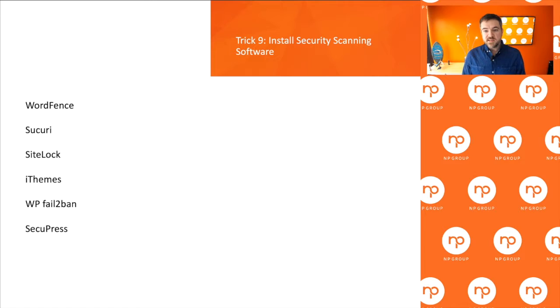Trick number 9, security scanning. Very important also. There's a lot of companies out there now that provide this, at reasonable price points. WordFence is one of my favorites. You install the plugin, it scans your files, and it's looking for any sort of intrusions or files that don't belong there. WordFence does it from your local install. Security is a great product. It actually does it from outside. It can log into your server remotely. And then there's other players, SiteLock, iThemes,